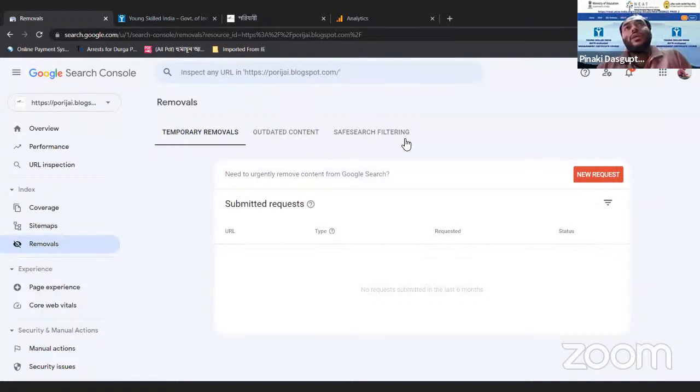Sometimes we have a lot of websites we don't want Google to crawl or index, or we don't want to show those web pages in front of our users. In that case, we can send a temporary removal request to Google from this section only.